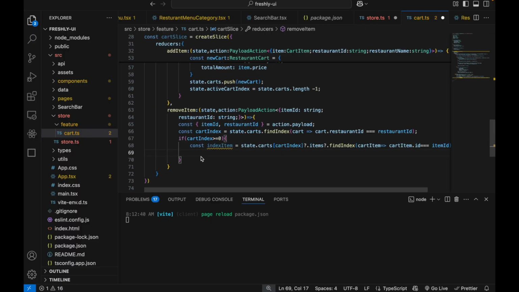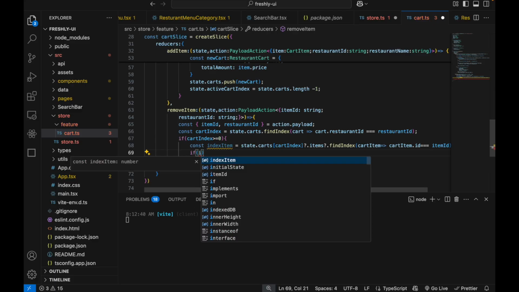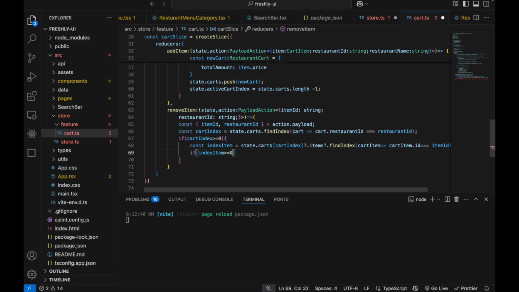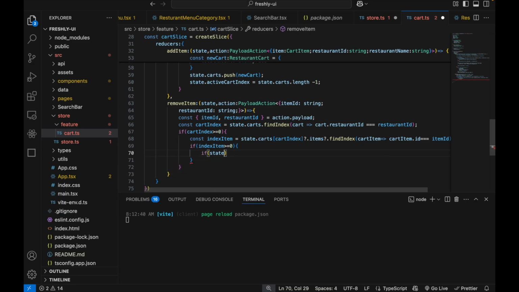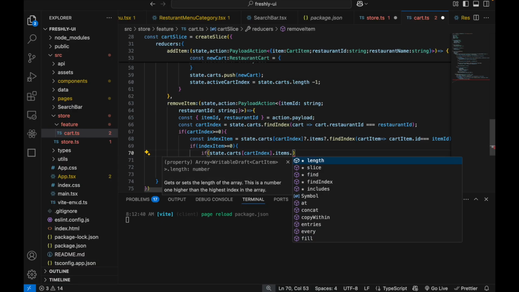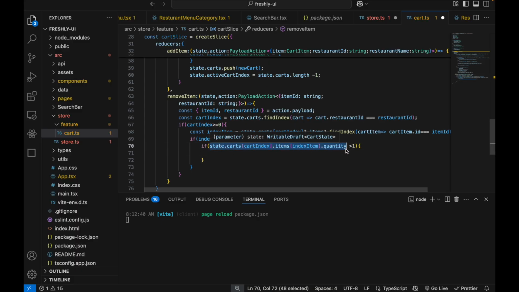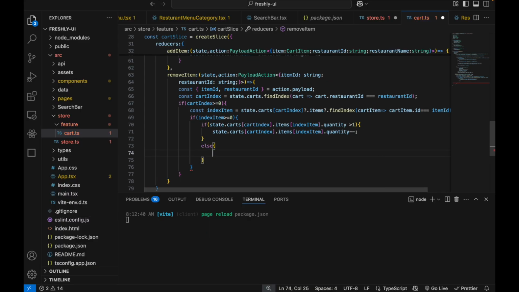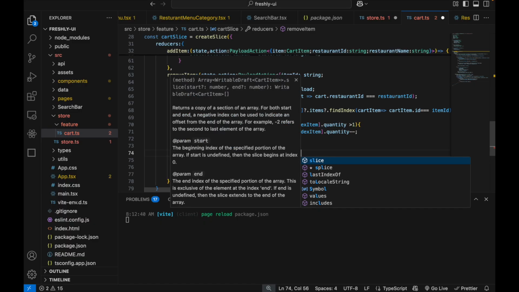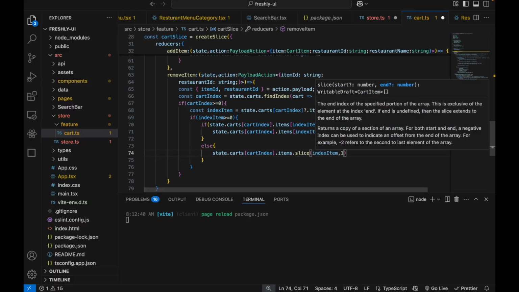Now, once we have found the item index, we will check if the item index is greater than or equal to 0. So if state.carts[cartIndex].items[itemIndex].quantity is greater than 1, then we will just decrease the quantity, minus minus. Else, that means if the quantity is only 1, then we need to remove that item from the cart. So for removing the item we will add here state.carts[cartIndex].items.splice(itemIndex, 1). Okay,